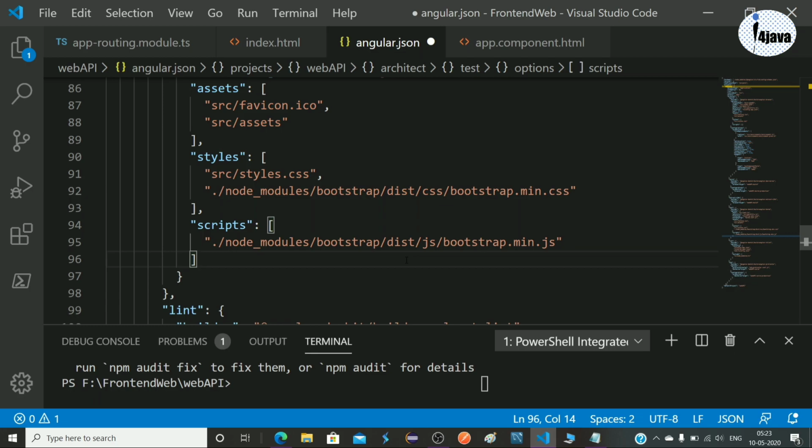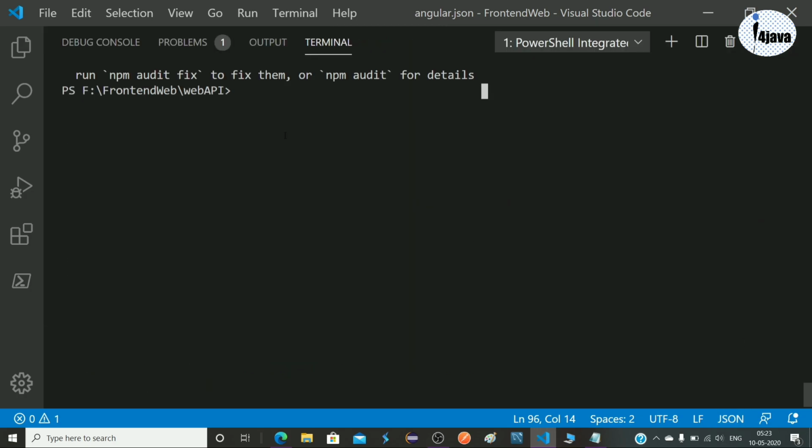Okay friends, we have done this. Save this file and go to your command prompt, and from your command prompt now we have to check and run it. Clear this all.